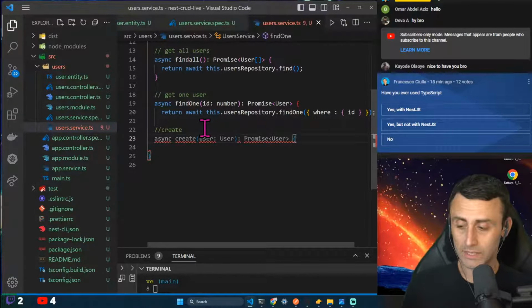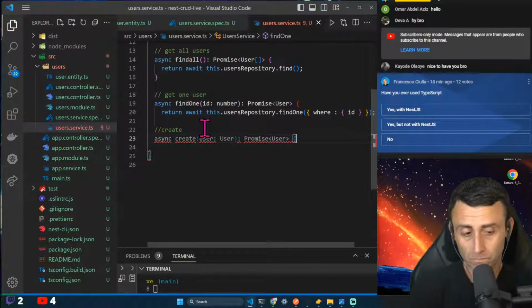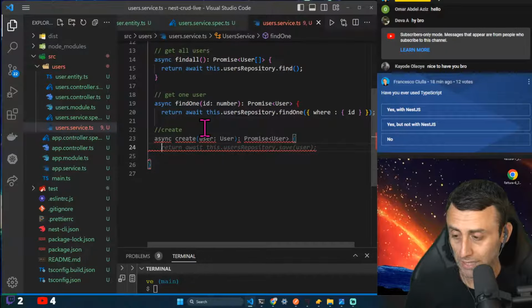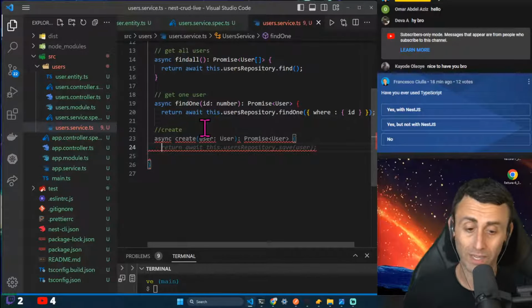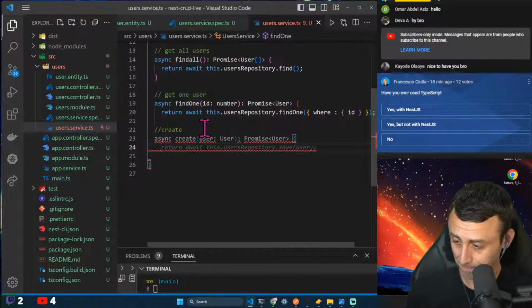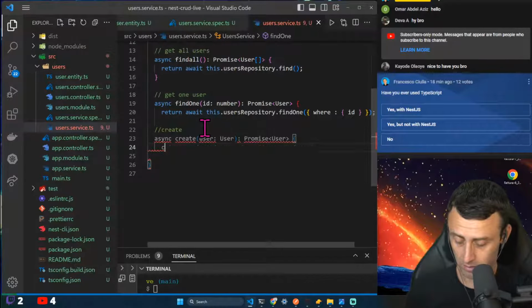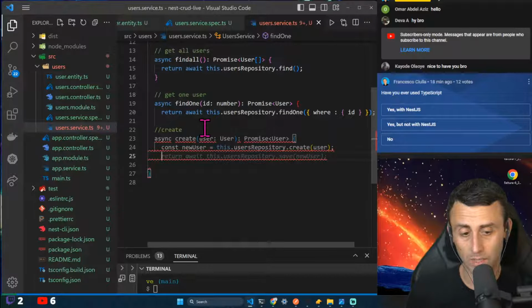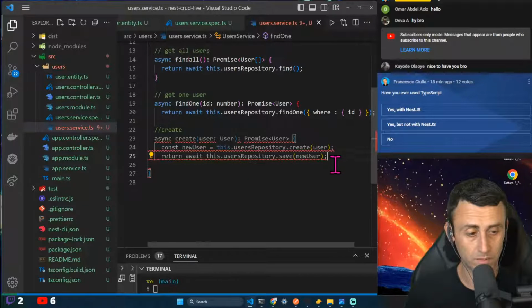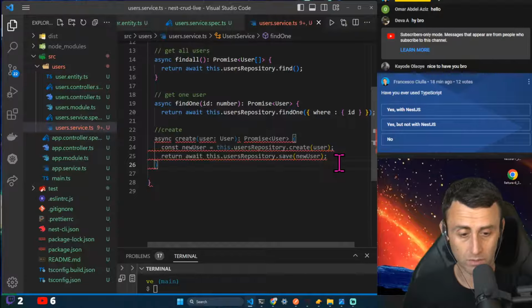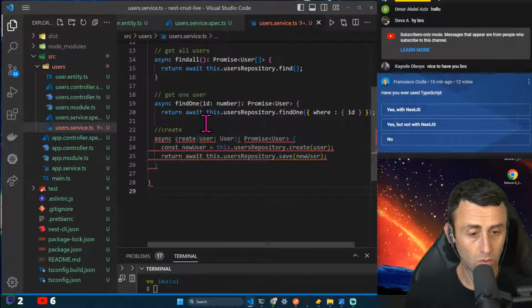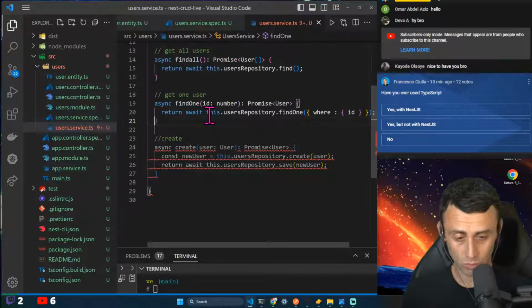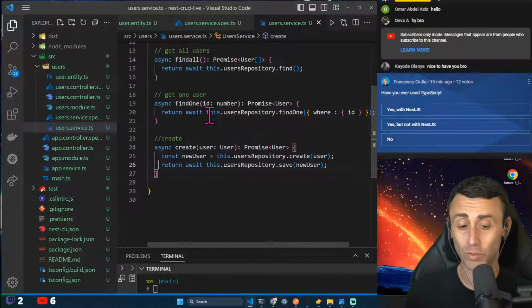And here we will see something very useful for TypeScript. We can just return it, I think. Let's say const new user, and then we can return this. I think I forgot to close this parenthesis. Okay, this is to create a user,